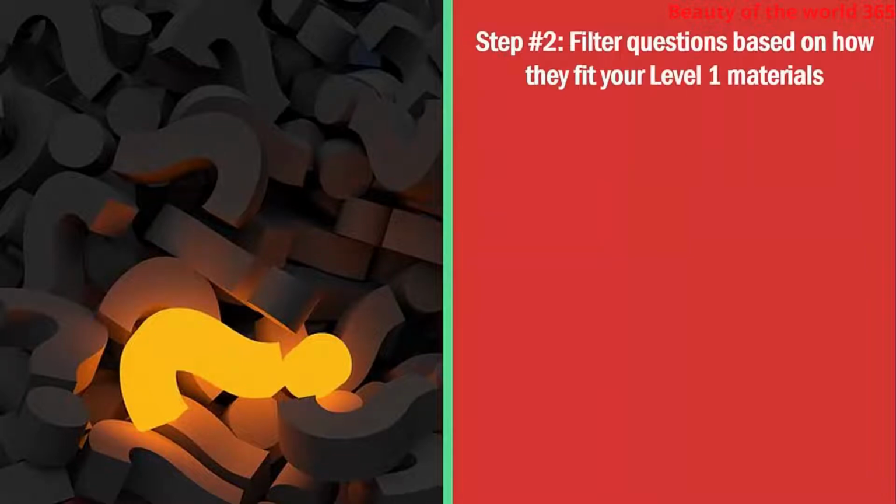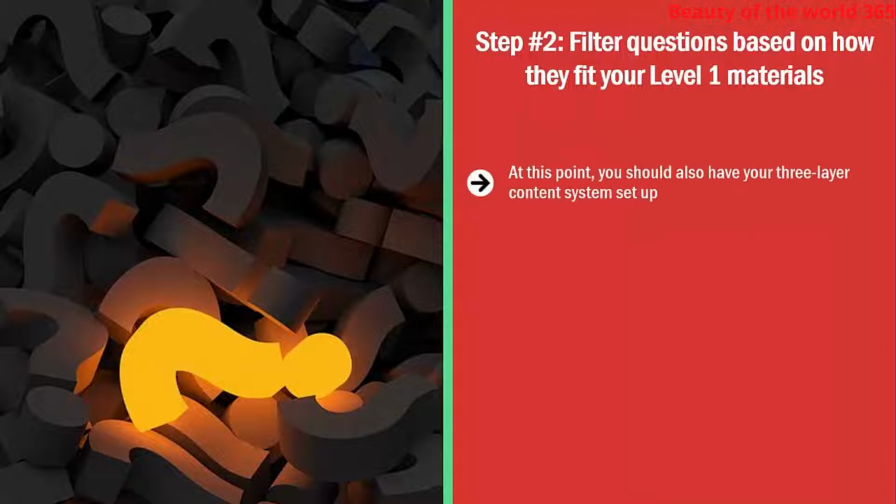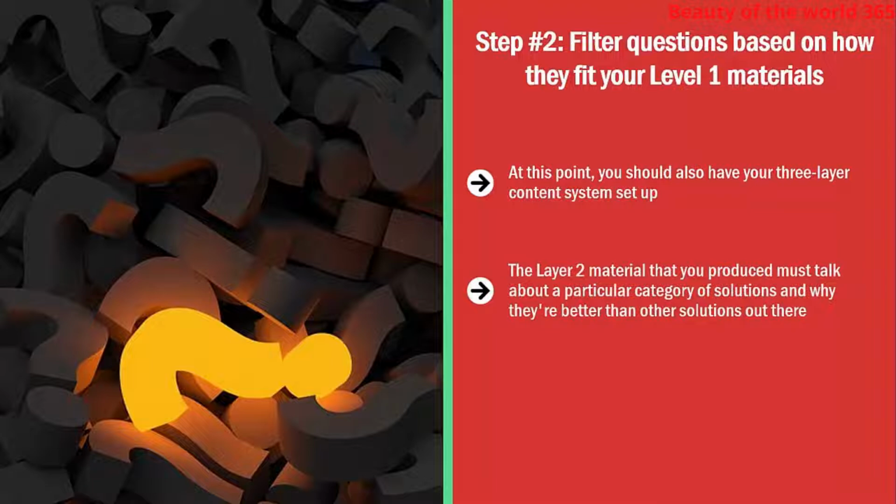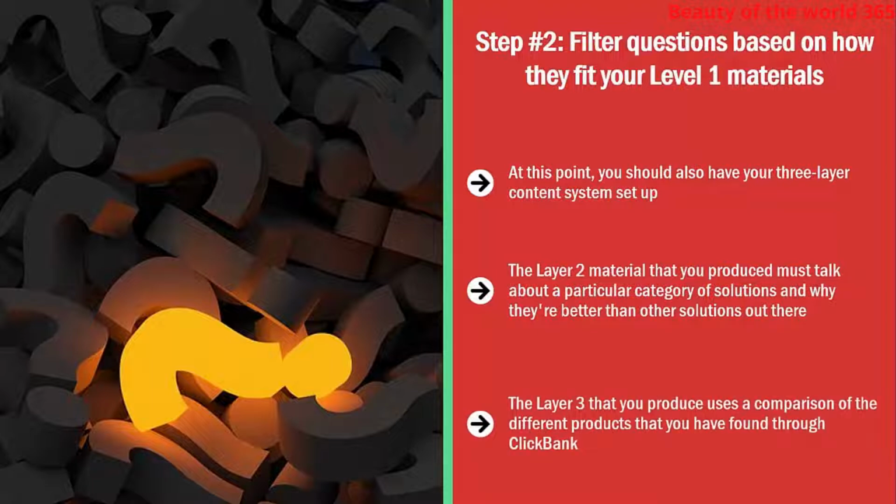Step number 2. Filter questions based on how they fit your level 1 materials. At this point, you should also have your 3-layer content system set up. The first layer is a blog post that informs the reader regarding the problems that they have and the range of solutions, as well as a common sense guide on what to do and what not to do. The layer 2 material that you produce must talk about a particular category of solutions and why they're better than other solutions out there. The layer 3 that you produce uses a comparison of the different products that you have